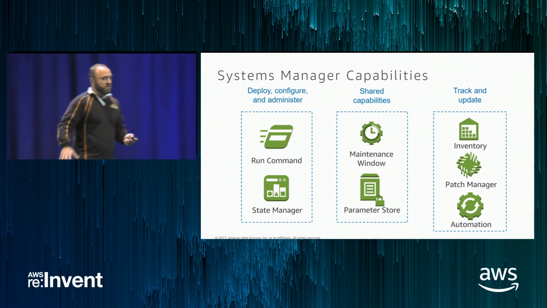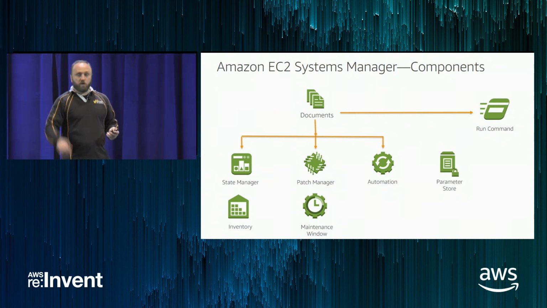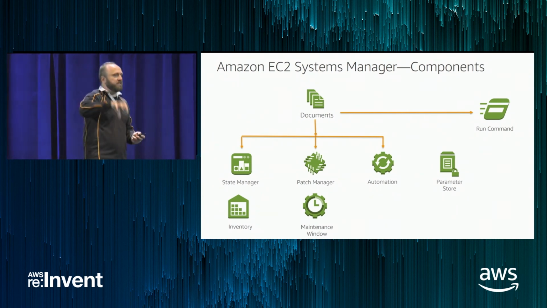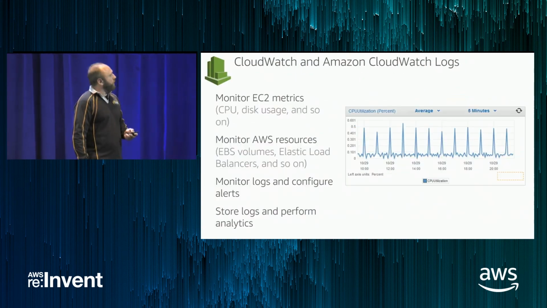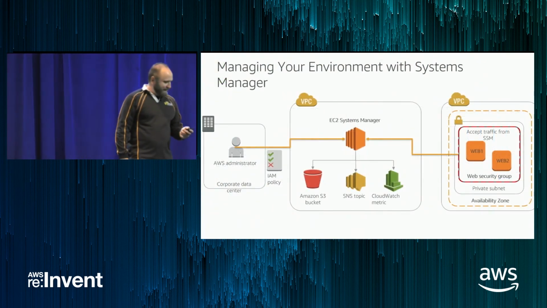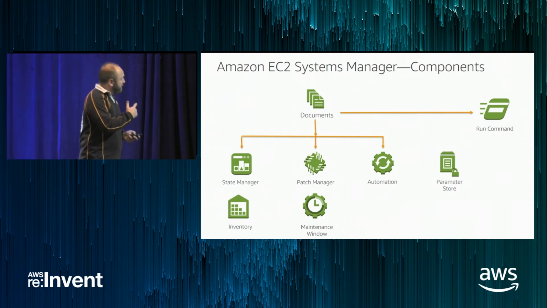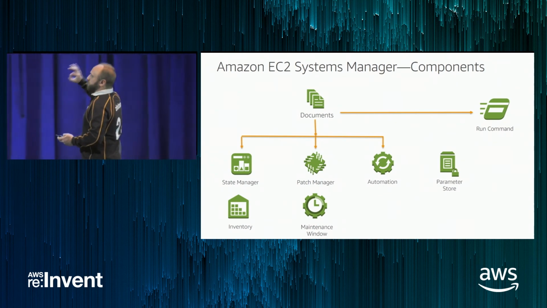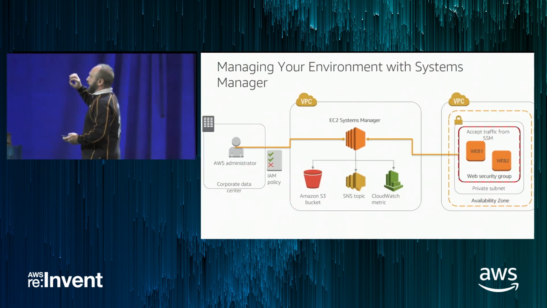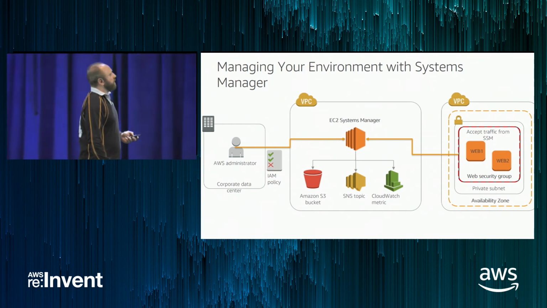You can establish maintenance windows. You have patching for all of your Windows servers. You can literally define in Patch Manager what KB articles you want to use and which fleets of servers you want to apply which KB articles to, and so on. And you can do that also through Run Command. You can have full inventory management. You can use Parameter Store, which also allows you to securely store secrets, because it allows you to encrypt any of the data that you put in there, or just keep general data that may be needed for your applications or for your maintenance